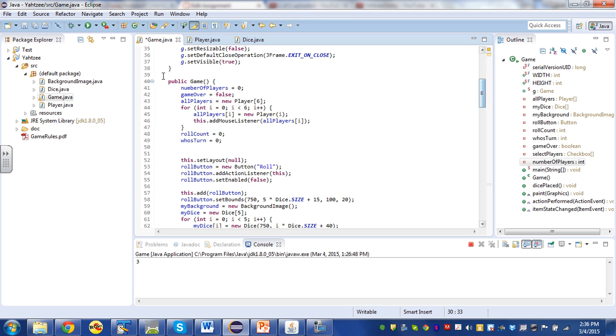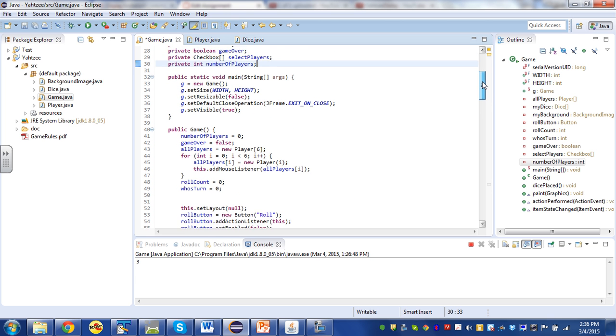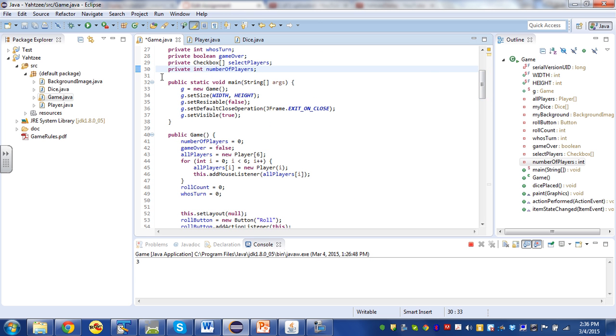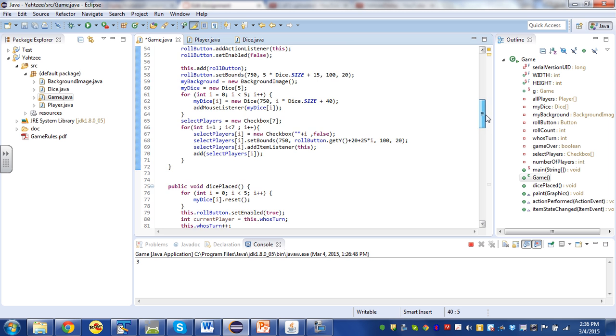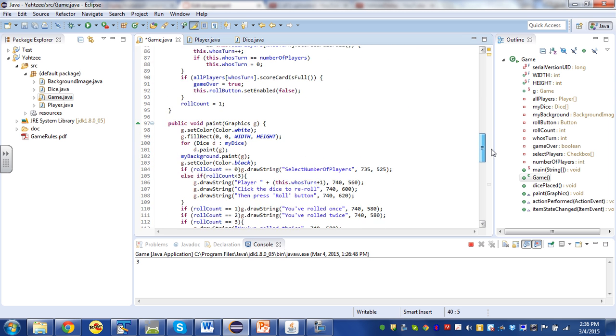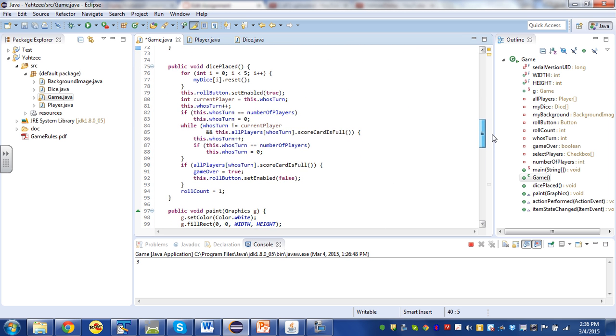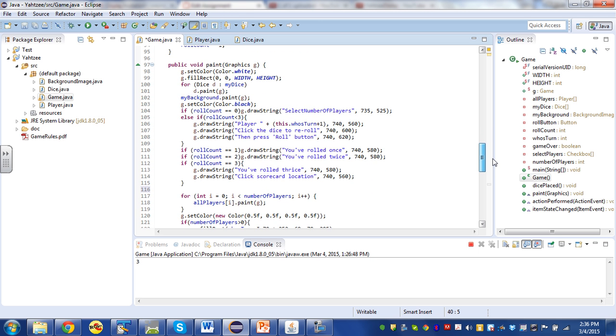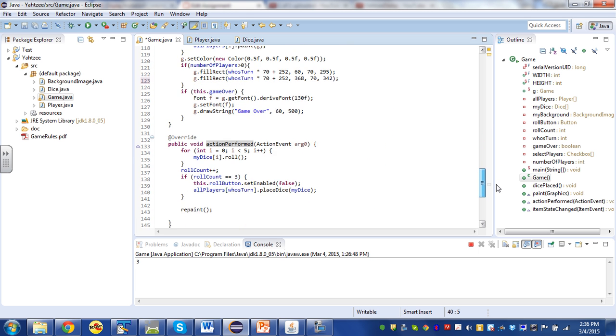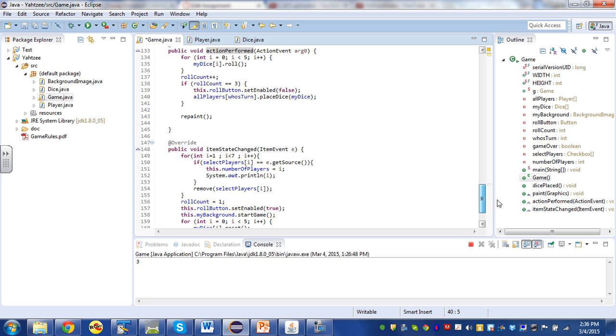We talked about the main method, which is basically cookie cutter, the way we set up every JFrame application. We talked about the constructor, which initialized all the instance variables. In the next, we skipped over the dice placed method. We'll go back to that when we talk about the player. We went through, in the next video, the paint method, and now we're going to talk about action performed and